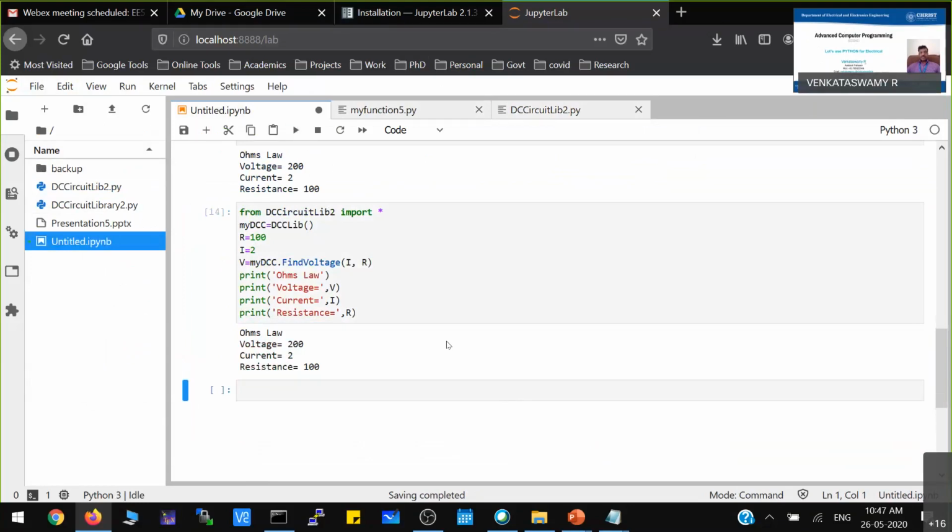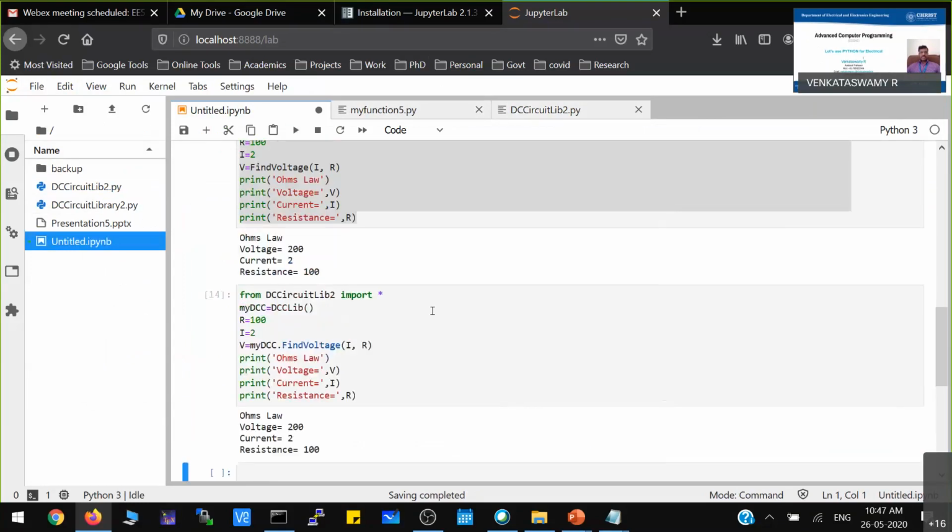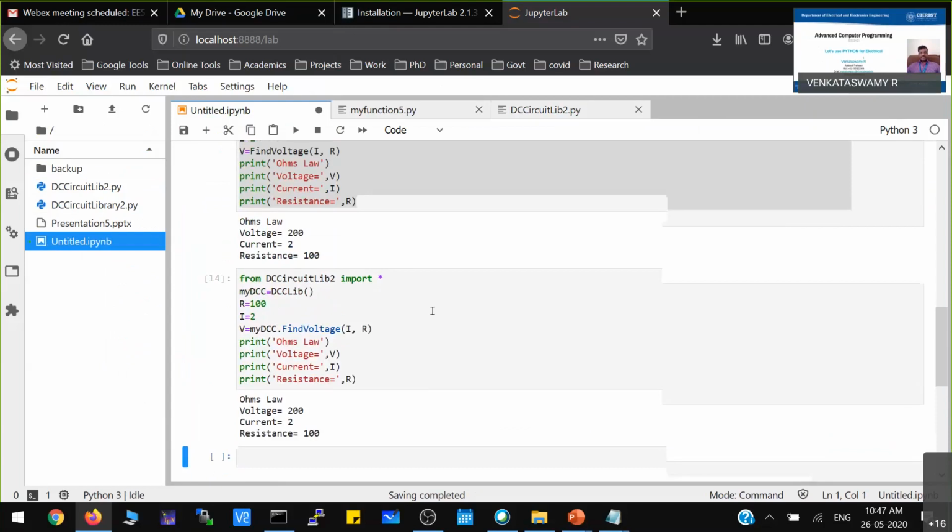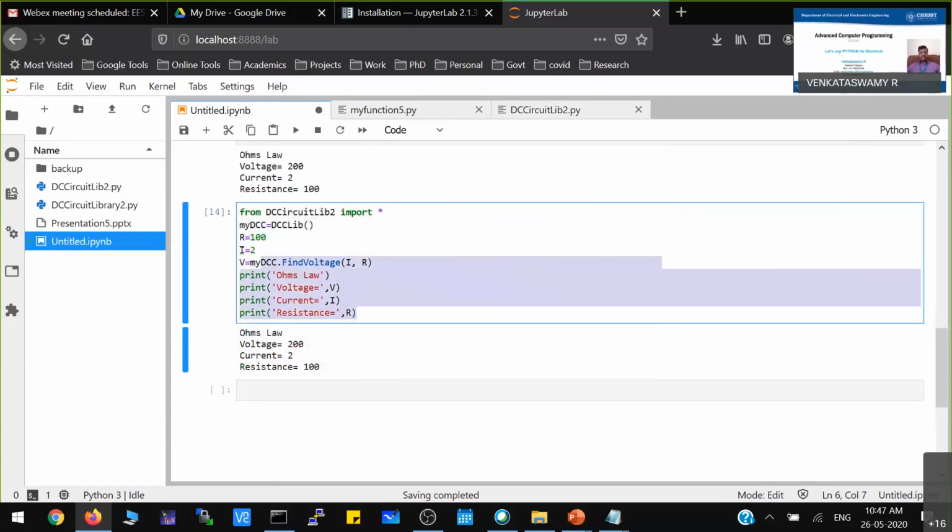Okay. So now, what should be your observation? This is the standard one. This is exactly the same structure that they use everywhere. They will take a library from somewhere, or they will create their own. They will create an object. Then they will use the variables and functions present in that particular object.